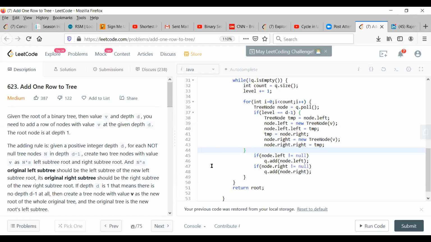Or else in the while loop, when you are saying queue is not empty, there itself you can check what level it is. And if you are going beyond that level, say level is less than D or something, then you can stop the while loop there. Okay. I saw it's very similar to what Gaurav showed. Yeah, the logic is exactly the same. It's just a different way.